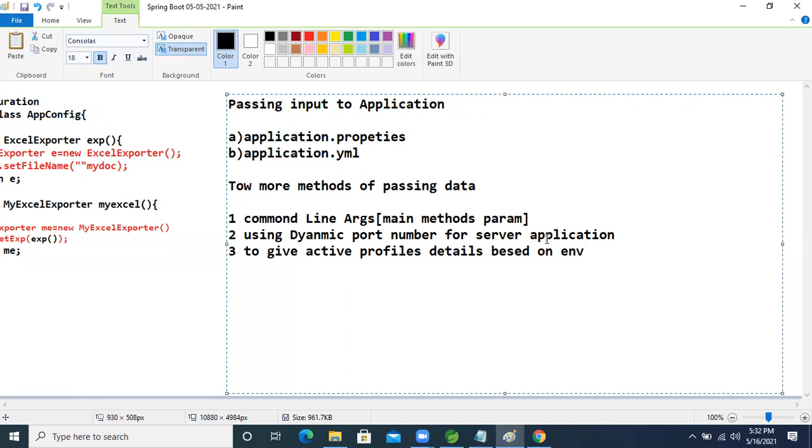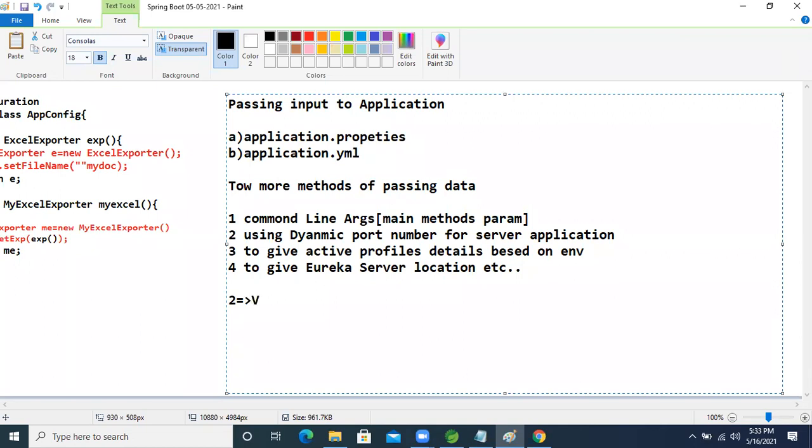Another one is to give the Eureka server location, and so on, guys. For that purpose we will use command line, meaning dynamic input; we will pass dynamic input data.